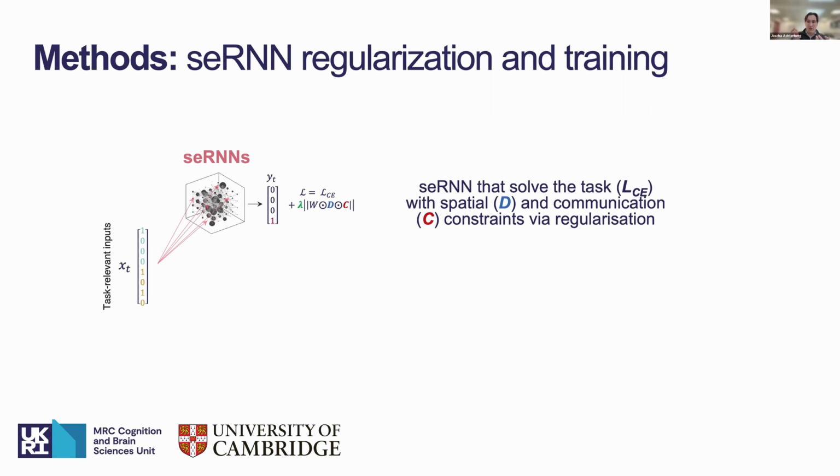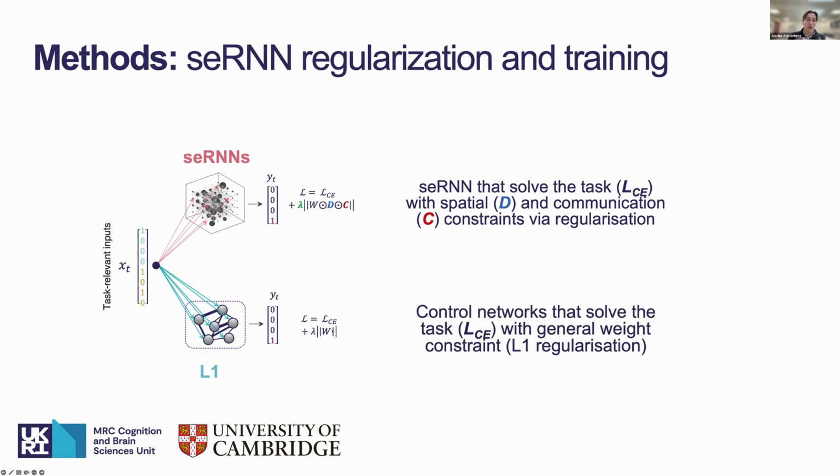In order to have a baseline comparison, we use normal L1 networks. Here in the L1 network, perhaps the notation also makes a bit more sense. The difference is we again have a loss function, here the loss with the cross entropy for the task. And then we just purely regularize the weight matrix, the normal standard recurrent weight matrix. We use this as a baseline model just to compare for the sparsity effect, right? So we need some sort of baseline model, and we just use this as a baseline model.